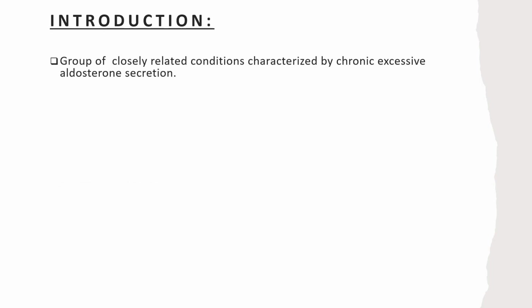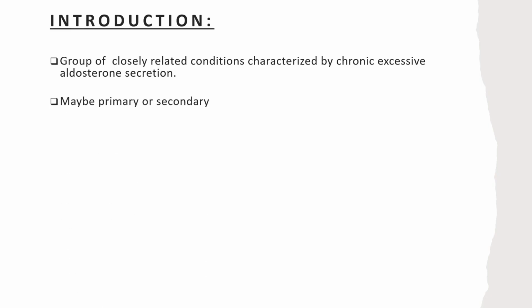And let's begin with introduction. Here we say this hyperaldosteronism is a group of closely related conditions that has been characterized by chronic excessive aldosterone secretions, and we know that aldosterone has activity on the renal tubules like distal convoluted tubules, where it results in sodium retention and water reabsorption, resulting in the increased blood volume and normalizes the level of the sodium in the plasma. These things happen, but if it is secreted in excessive amount, then this became hazardous to